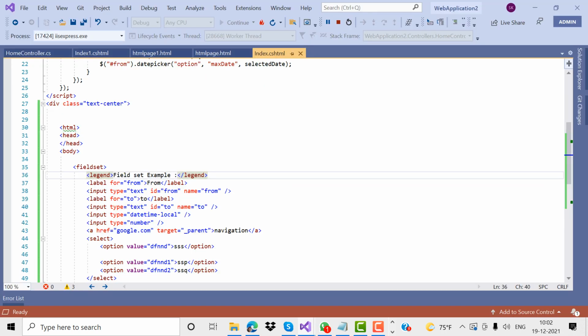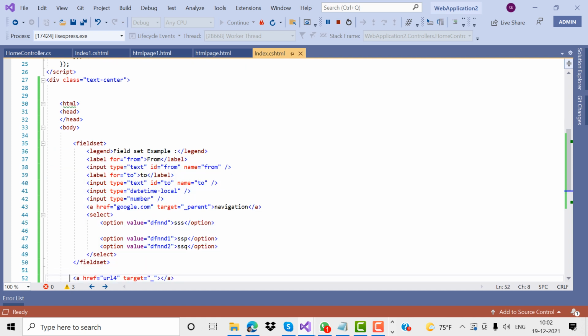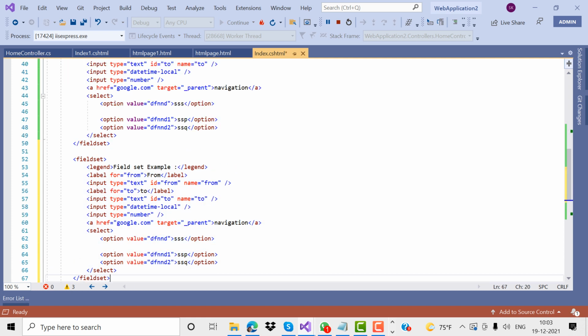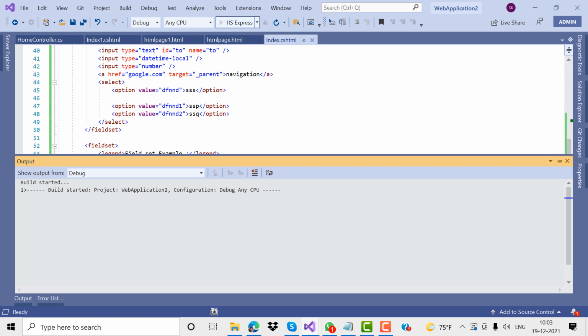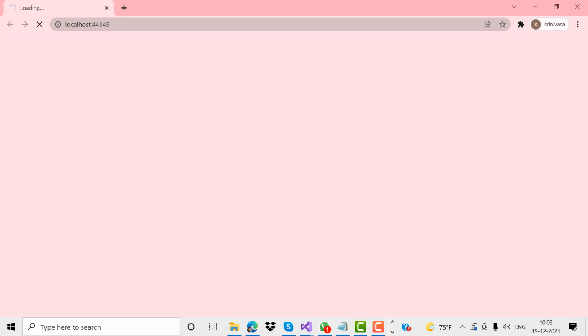Now I want to show this. I want to add one more field here. Clearly observed now. What is meant by field set? It is a grouping of things. All these things are coming there.